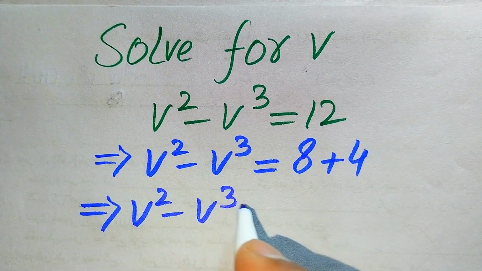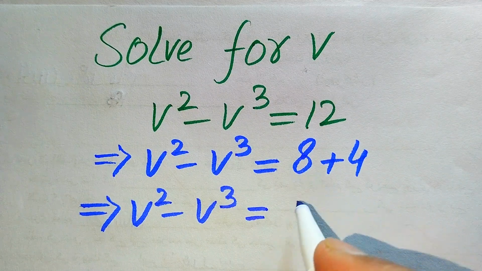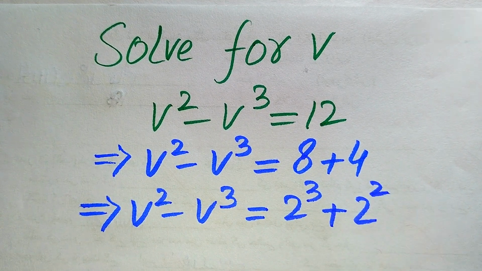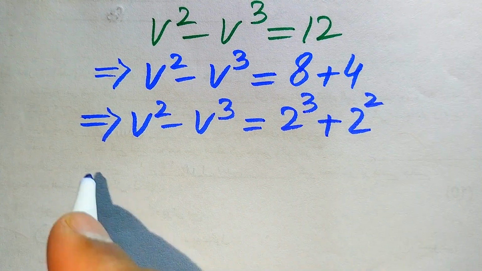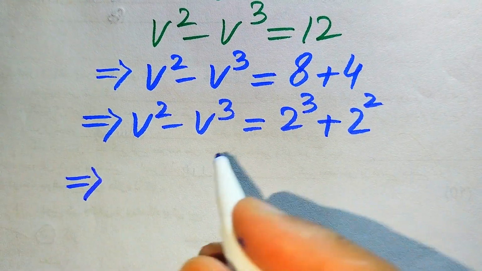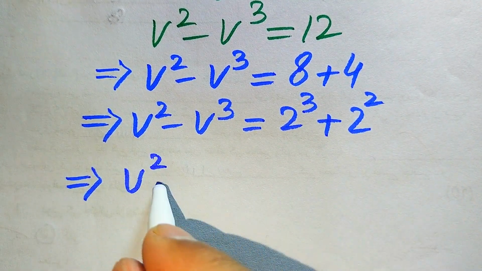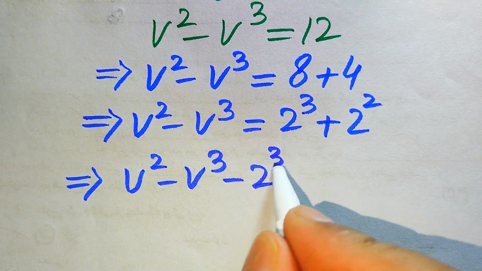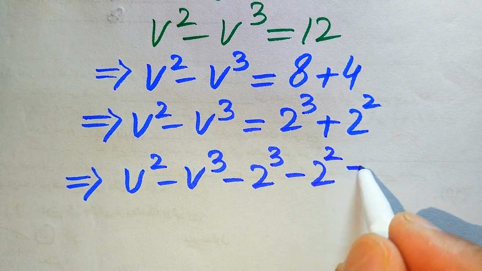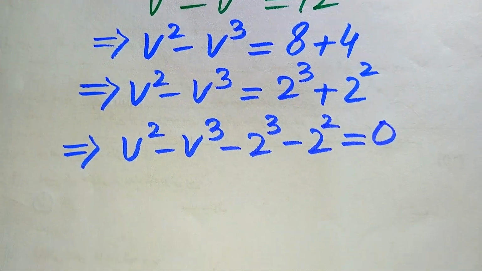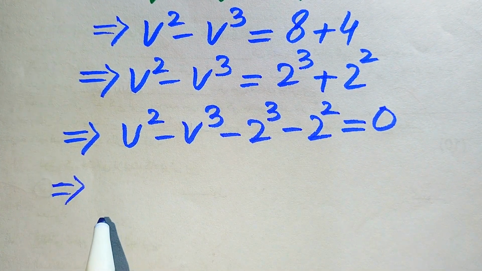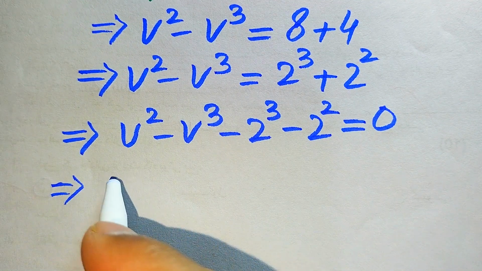square minus v cube equals, this is 8, we write it as 2 cubed, plus this is 4, we write it as 2 square. And now in the next step we move all the terms from the right hand side to the left hand side, and it will become v square minus v cubed minus 2 cubed minus 2 square, and this whole equation is equal to 0. Here we will make the pair of square term with square term and cubic term with cubic